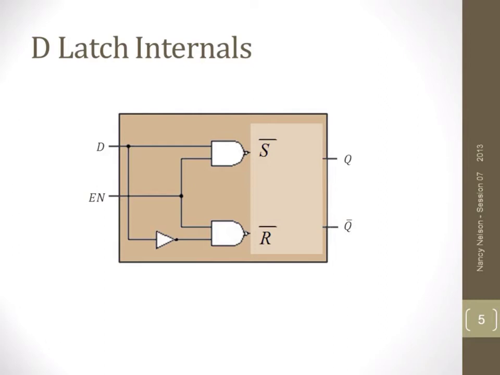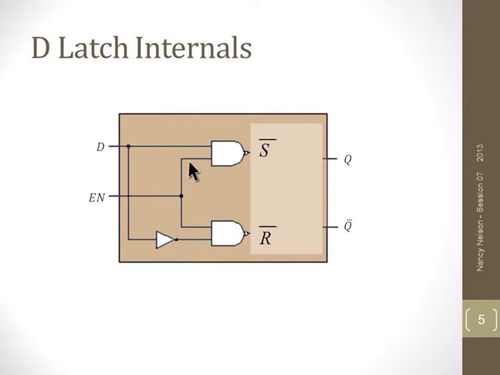Let's take a look at what's inside a D latch. The first thing you should notice is that we have a NAND latch here with its active low set and its active low reset, giving us either a 1 on Q or a 0 on Q. Now if we look at what's feeding those inputs, we see 2 NAND gates. So we know that we have an active low output here, and that's going to generate a low when D